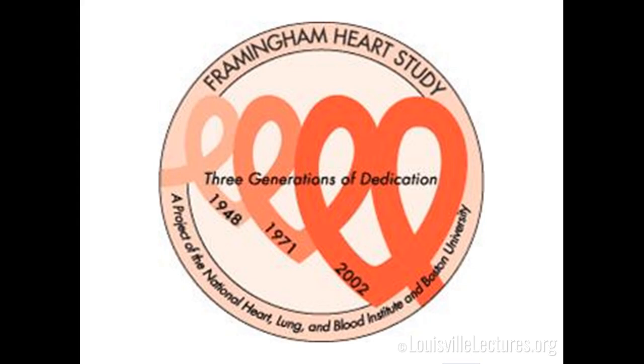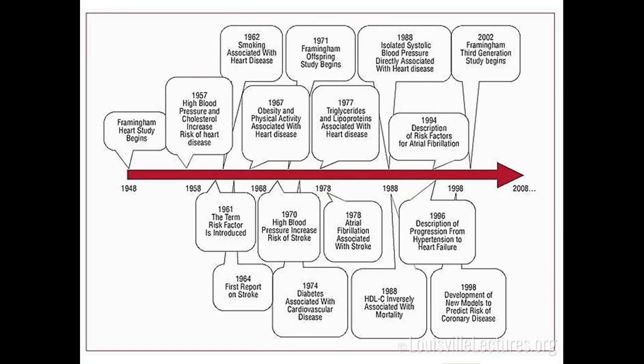This whole concept of risk factors related to cardiovascular disease and calculating risk started with the Framingham Heart Study. This started a long time ago, in 1948, and led to a tremendous amount of discoveries. I want to point out a few things about Framingham and the history of risk factors and risk factor estimators on this slide. Although Framingham started in 1948, it wasn't until 1961 that the term risk factor was really introduced, and we learned a lot about all these risk factors,